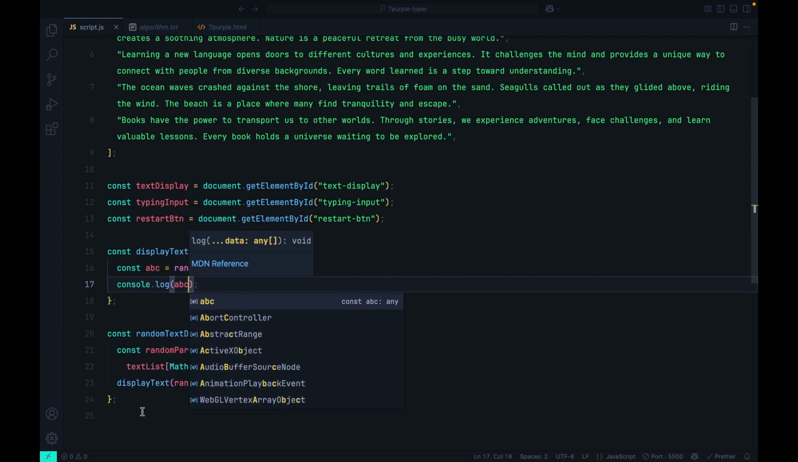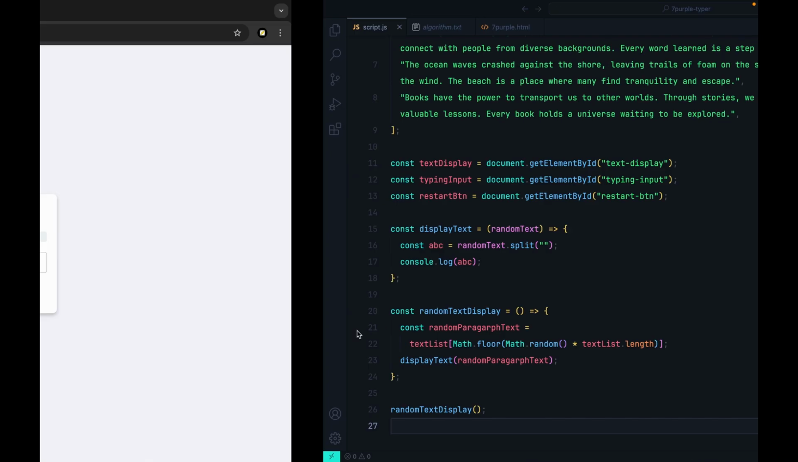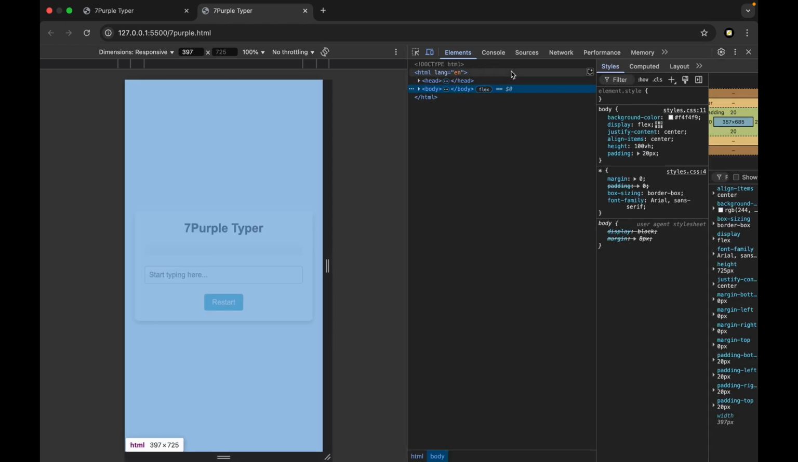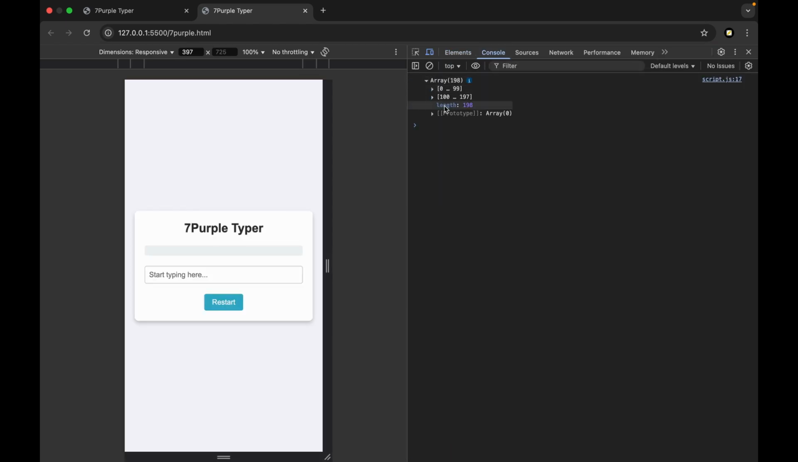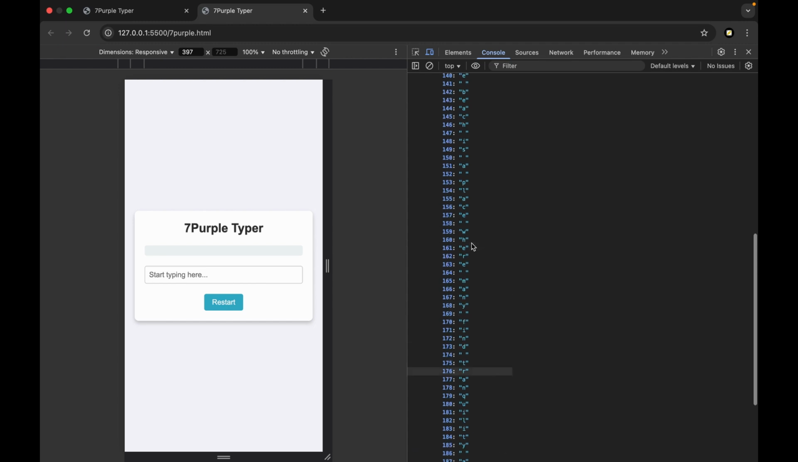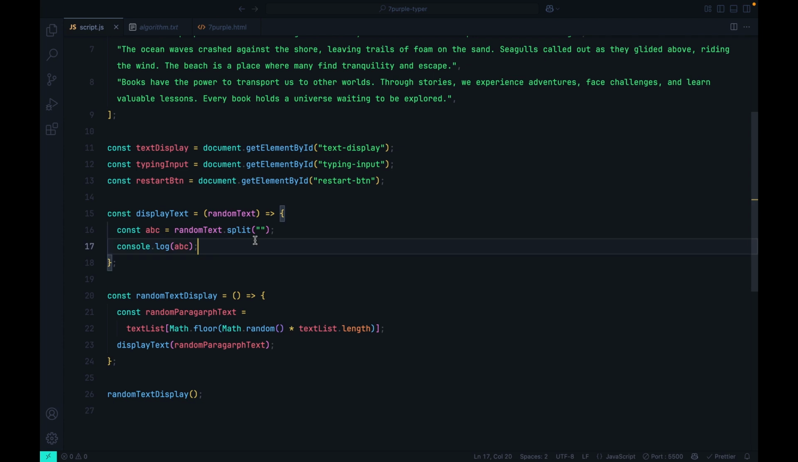console.log(abc). So here is the random test display. When we check it, it will display every single word like this. You see, these are random characters. These are characters, but we don't want to display them like that. So for that,